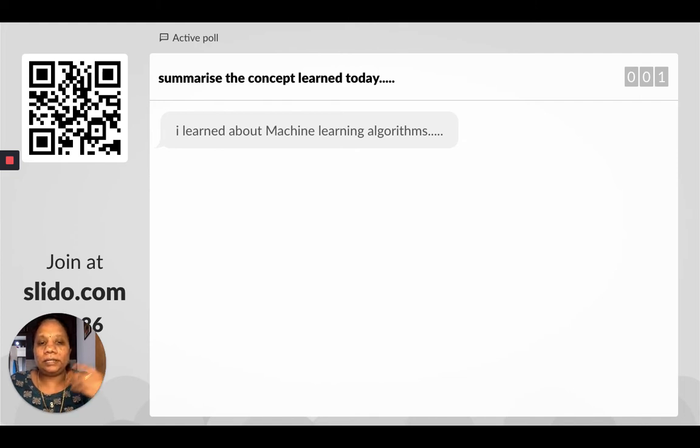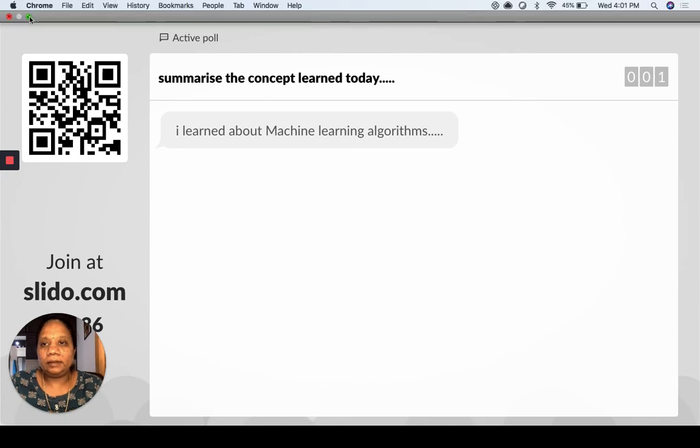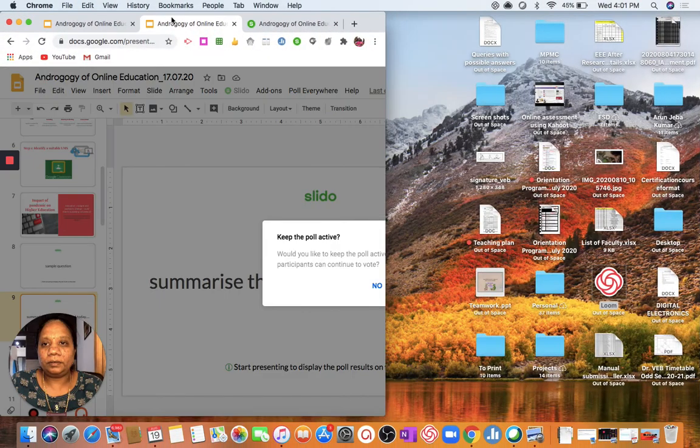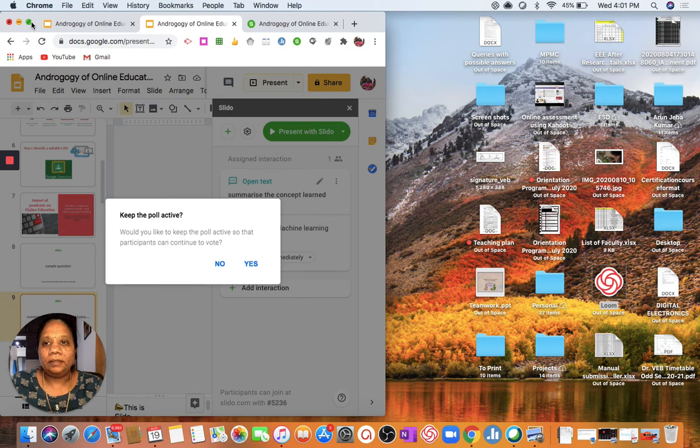This you can even do it at the start of the class. So what have we learned in the previous class? So you just open this as a first slide, and students will just put in their answers. Okay, so you will have a complete recall option, and then finally once you recall everything, you can go into today's topic. Okay, so this is again a very interesting way of making your classes interactive.